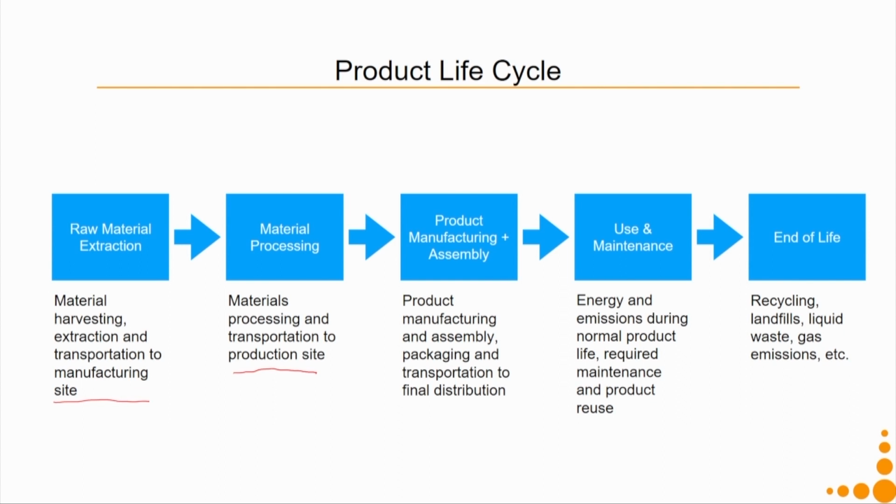It can also become some kind of a waste, which in terms of solid waste, liquid waste, or sometimes some kind of gas emission in case it is burnt. So these are the various phases or stages of a product life cycle. So in order to have a product life cycle based design approach for sustainability, what we have to consider is what are the environmental impacts of each and every stage of this life cycle on the environment.